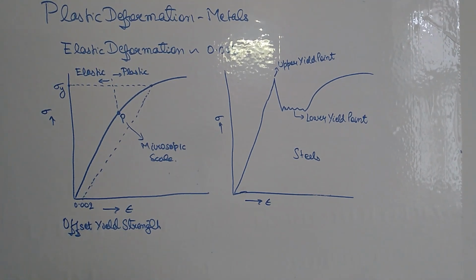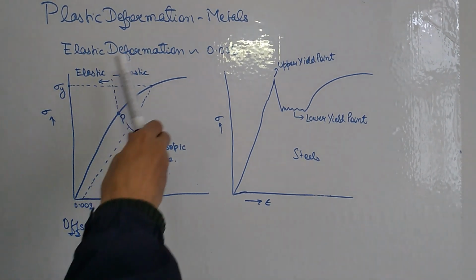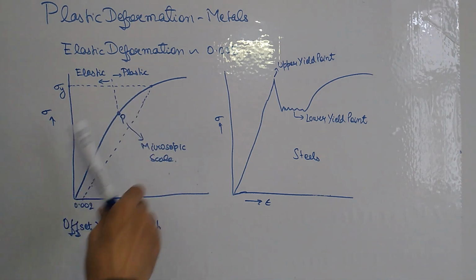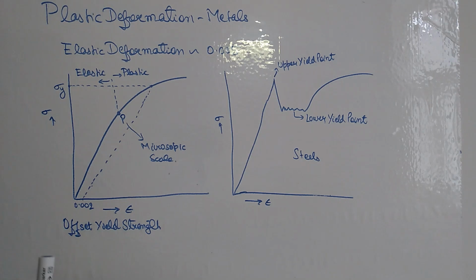The elastic deformation which we have studied till now is very minimal. Elastic deformation in metals typically ranges only up to 0.005 strain. Beyond that, the materials deform plastically. In plastic deformation, there is no recovery; the material does not come back to its original position. When we look at the stress strain curve for the elastic plus plastic deformation, we find that there is a point at which there is a transition from the elastic to the plastic region. That particular point is difficult to determine using instrumentation techniques.